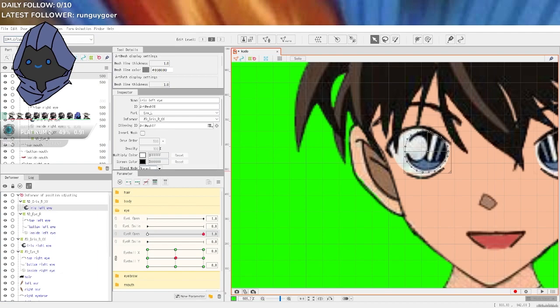The deformer is the one that is linked to this parameter. And we're going to right click and reflect. This time we're not going to reflect the parameter. Once we hit OK,